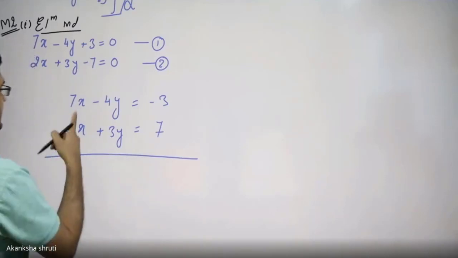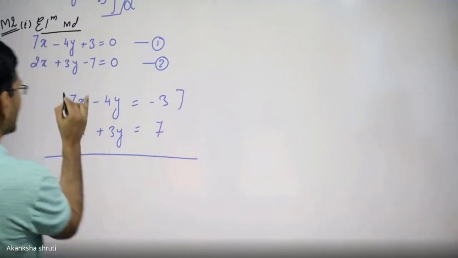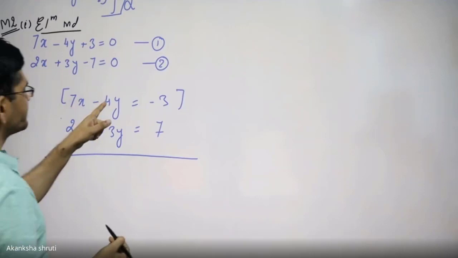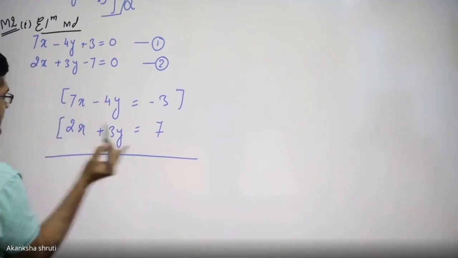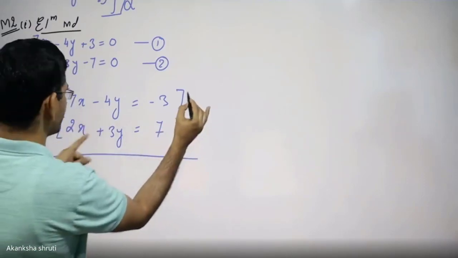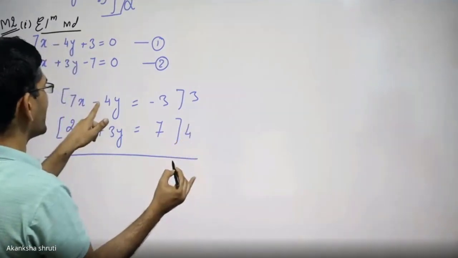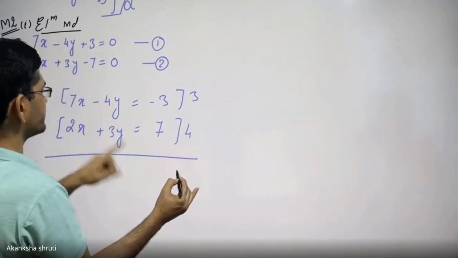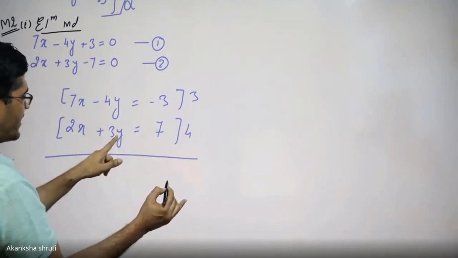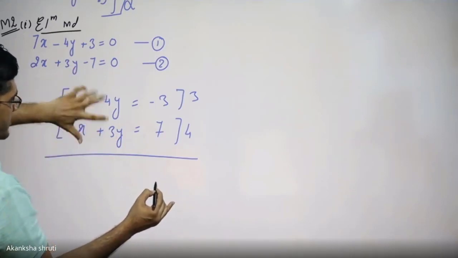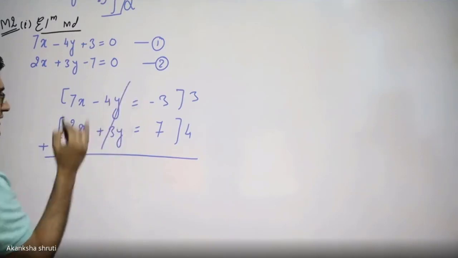Students, for getting the value of x, we need to cancel this y. And here we are getting that in the first equation y is minus 4, but in the second equation y is 3. So we need to multiply the first equation by 3 and the second equation by 4, so that minus 12 will be the coefficient of y in the first. Also 4 3s are plus 12 will be the coefficient of y in the second equation. The signs of these two are opposite, so you need to add. While adding, it will get cancelled.